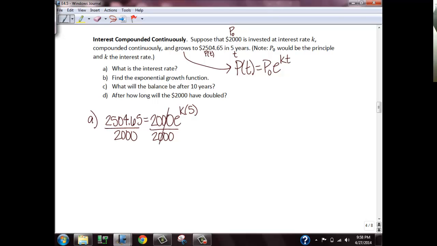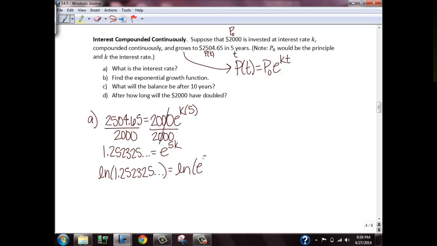Okay, 2504.65 divided by 2,000 gives me something like 1.252325, and I think it keeps going, equals e to the 5k, or k times 5. I like to write it correctly. And then I need to take ln of both sides to get rid of that e. So 1.252325, keeps going, equals ln of e to the 5k. So notice on the right hand side, my ln and my e will cancel. On the left hand side, I have ln of